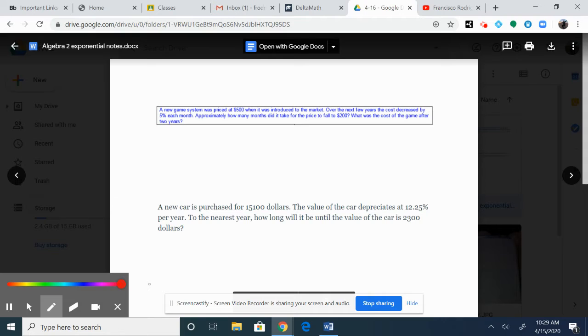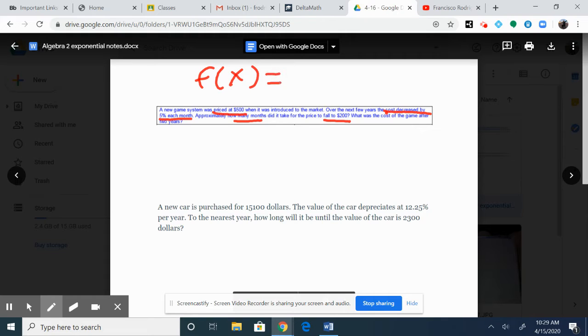So if you notice what it says, a new game system was priced at 500. And over the next few years, the cost decreased by 5% each month. So how many months did it take for the price to fall to 200? So if you remember,